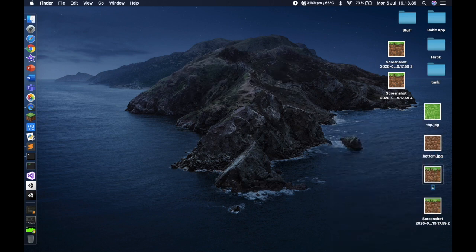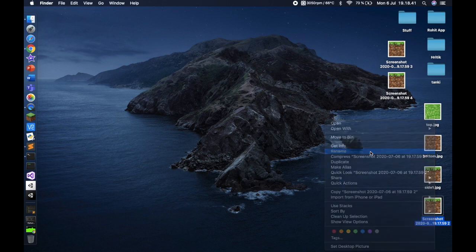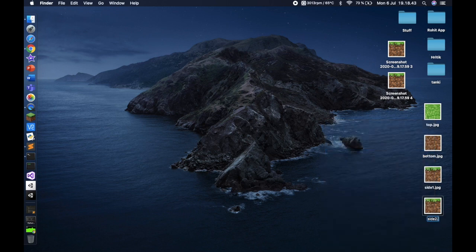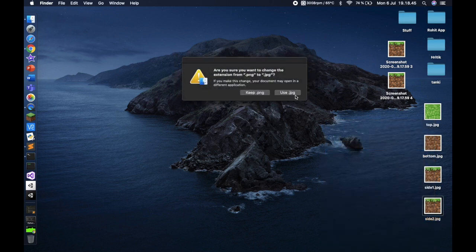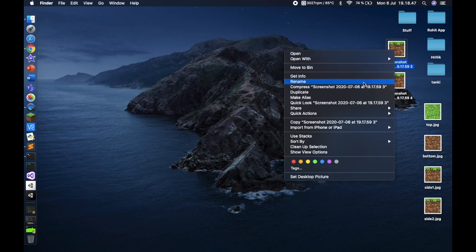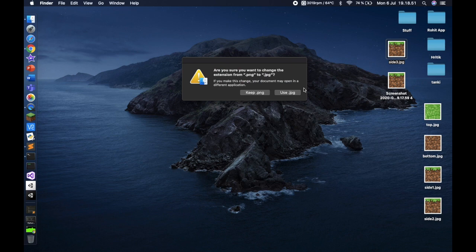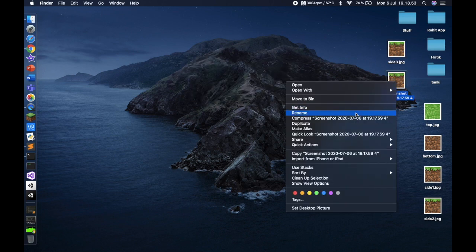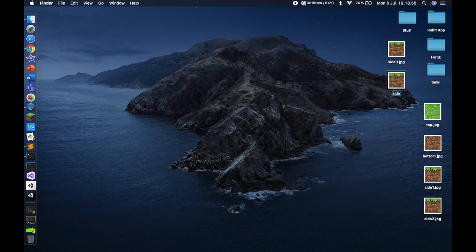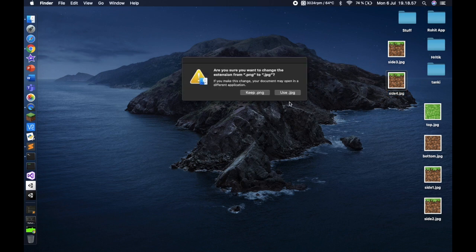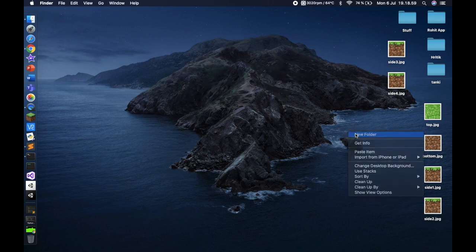and then side1.jpg, side2.jpg, side3.jpg, and then lastly side4.jpg. Okay, and once you have all these, you can actually create a new folder called texture, and you can